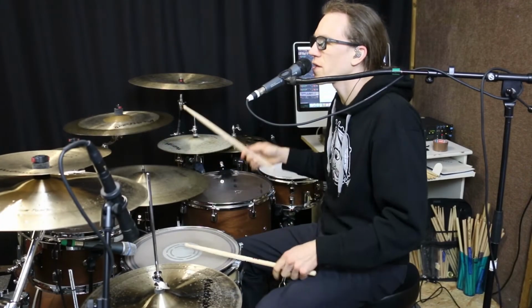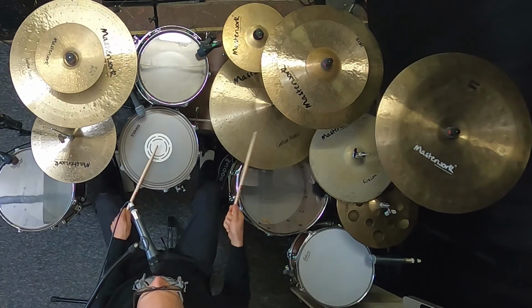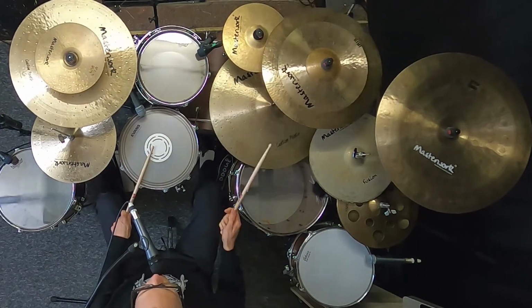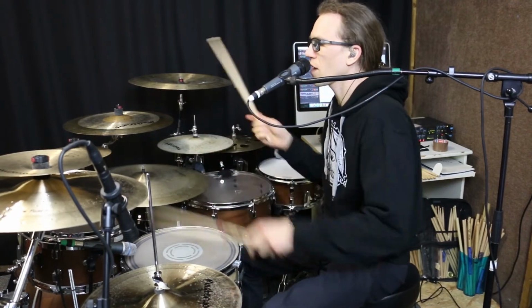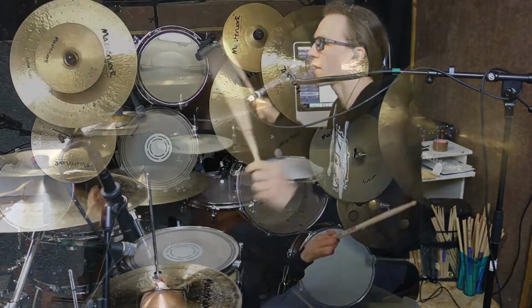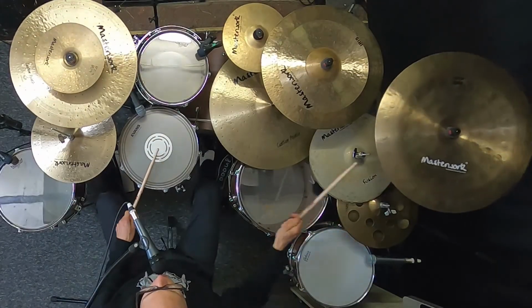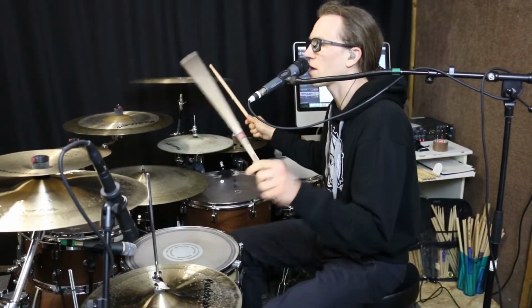in correct relation. And the 3 and the 4 and the 1 and the 2 and the 3 and the 4 and the 1 and the 2 and the 3 and the 4 and the 2 and the 3 and the 4 and the 1 and the 2 and the 3 and the 4 and the 1 and the 2 and the 3 and the 4 and the 2 and the 3 and the 4 and the 1 and the